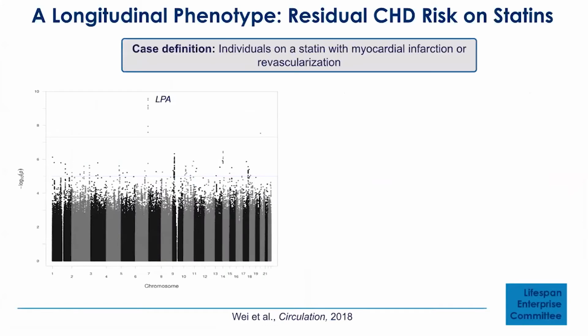There has been amazing growth with genome-wide association studies, sequencing studies, and other uses of genetics to better understand disease risk. Most of these studies have looked at occurrence of a given disease. One of the powers of having rich electronic health record data or longitudinal information is something akin to what the Framingham Heart Study did, which is, in this example, looking at people who are put on a cholesterol-lowering medication, for instance, to prevent heart disease,